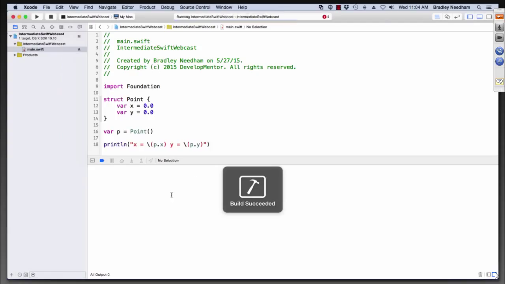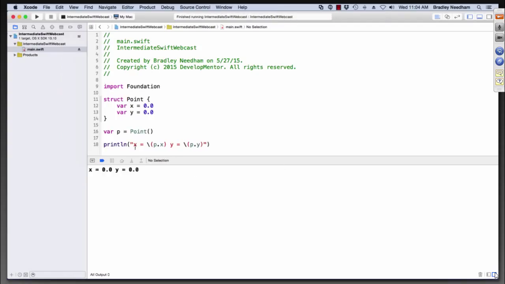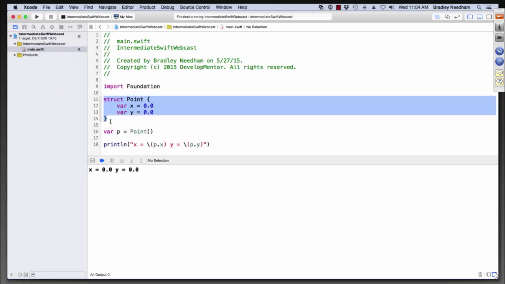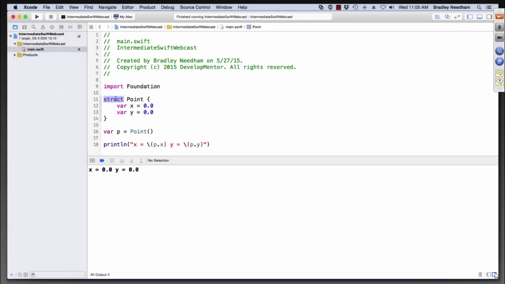And if I run this, I should get out a build succeed. And then of course there's 0.0. Now, some of the things we might want to do with this type. So this is just kind of a straight aggregate type. And one of the things that we're going to discuss and keep in mind here is that classes do something very similar